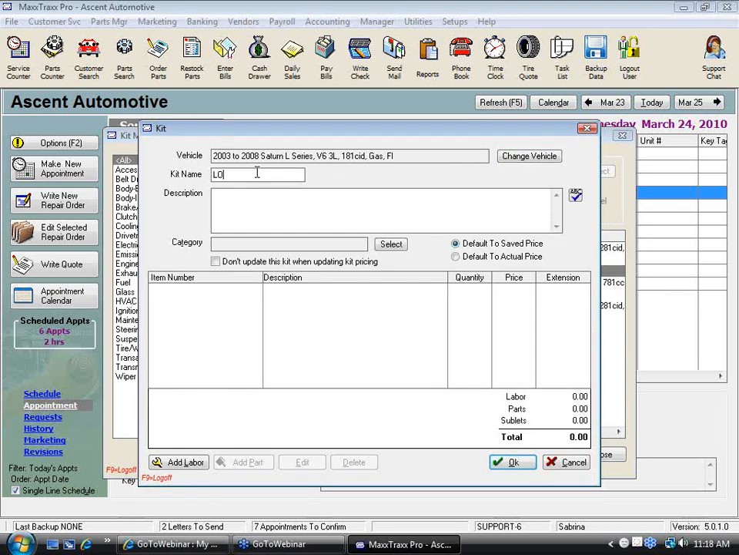But again, this is going to be LOF, and I'm just going to call it Saturn. And I can say oil change for Saturn, L300, or I could play around with that a little bit. And I might find out that it also works for some other types of Saturns, the wagon, that kind of thing. So let's go ahead, since I know it's going to tell me,